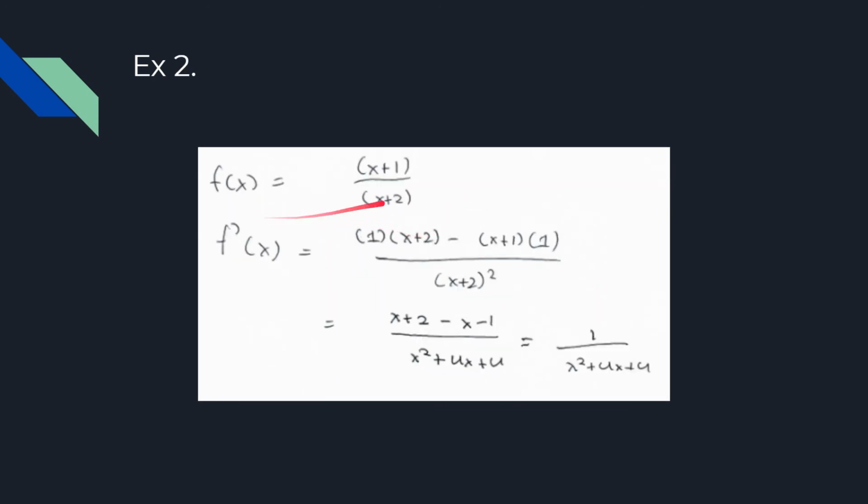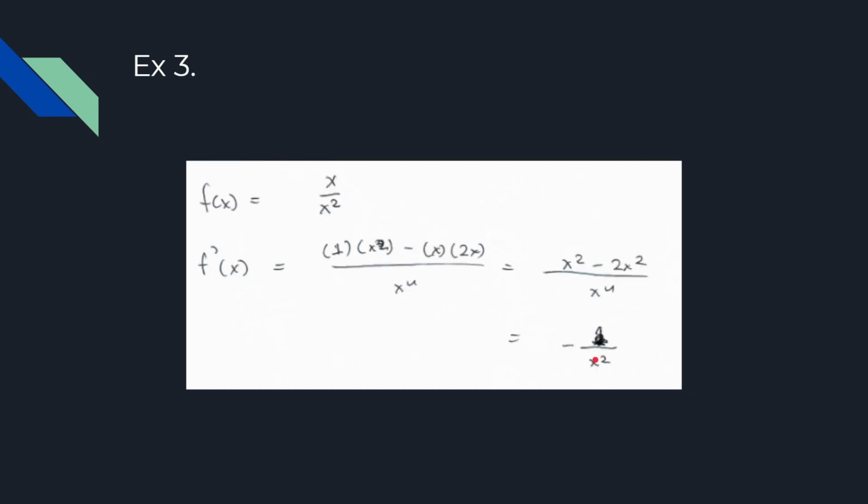Our next function here is one where we're going to start looking at things that we have to use the quotient rule for, because there's no other way to do this differentiation. The derivative of the top function is 1 times the bottom function, x plus 2, minus the top function, x plus 1, times the derivative of the bottom function, 1, divided by the bottom function squared. And we're going to expand these brackets, and we're going to end up with this expression here, x plus 2 minus x minus 1 divided by x squared plus 4x plus 4,